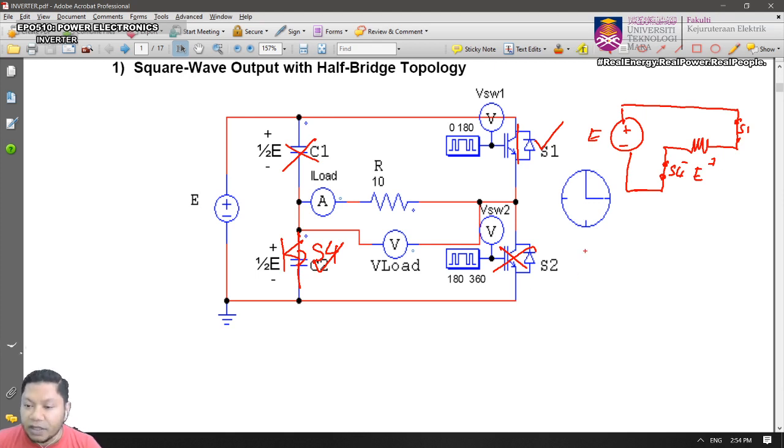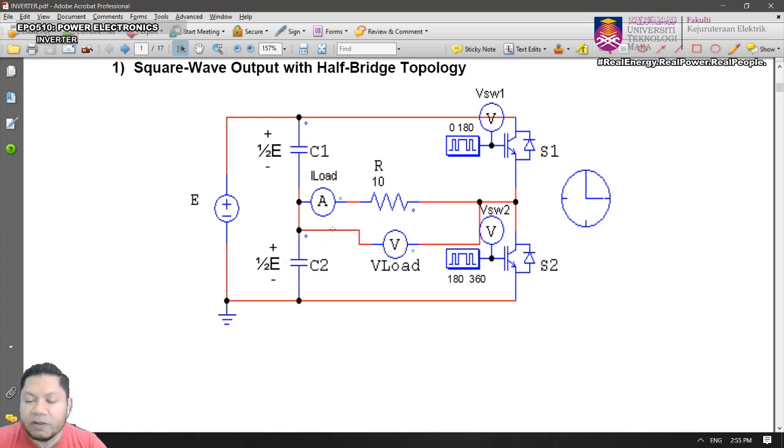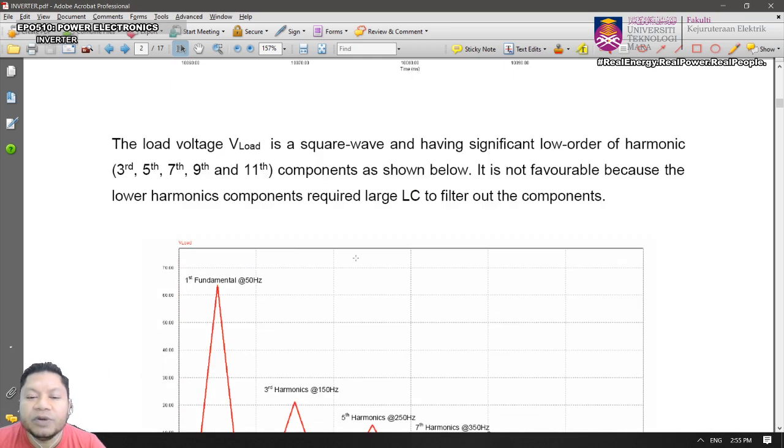So the output voltage will consist of a square waveform. Only the amplitude will change from half of E before for the half bridge. For the full bridge, you're going to see E, wherever the input voltage is. So the amplitude will be equal to the input voltage. Only that. And the quasi square waveform for a full bridge will be the same